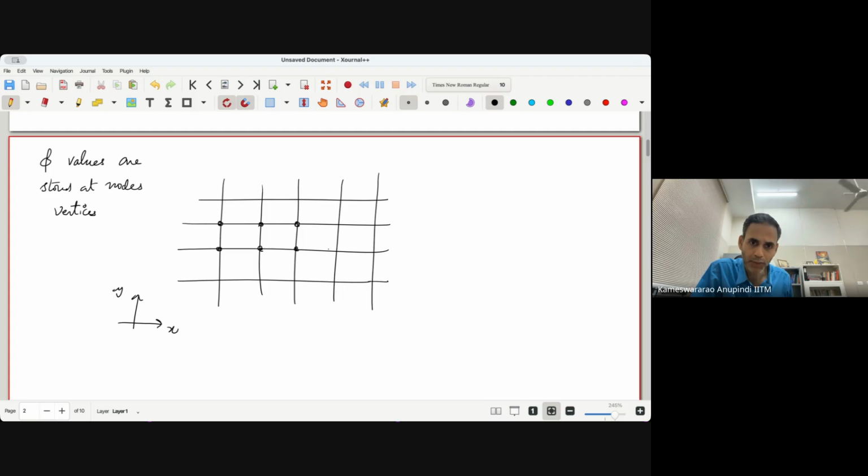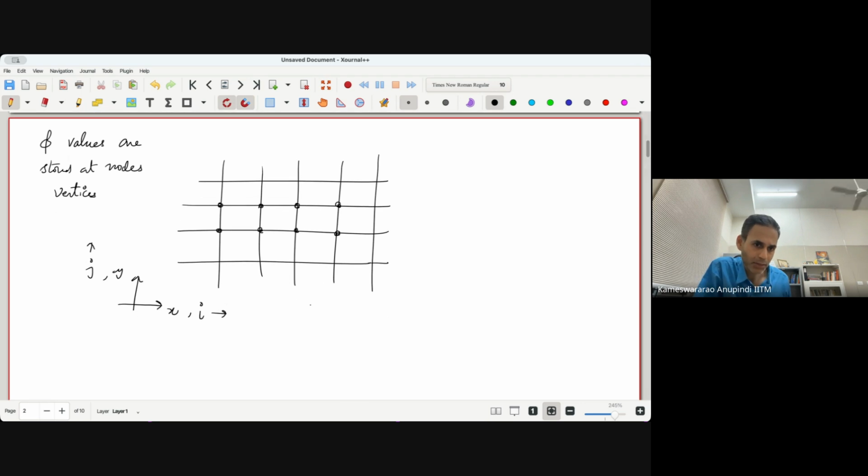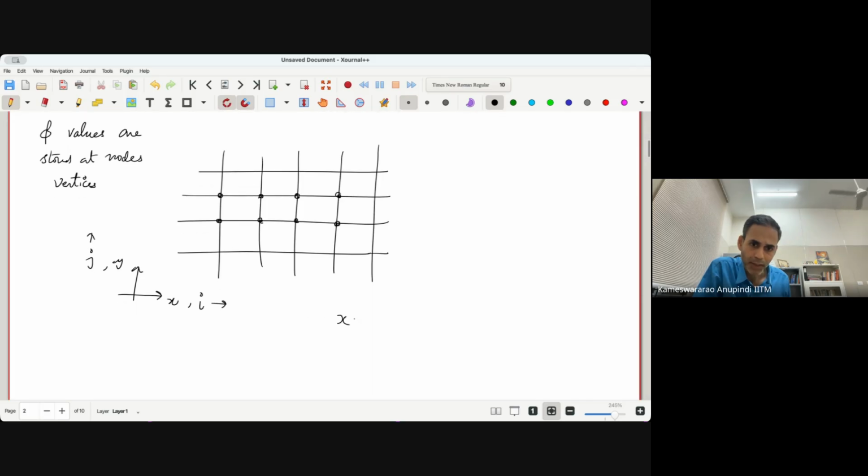Let us say we have the Cartesian coordinate system x and y. As we move in the x direction, we use the index i, and we use index j as we move in the y direction. Let us say we have discretized this on several points. In the x direction the points go 0, 1, 2 all the way to m, so we have m+1 points in the x direction. In the y direction we are discretizing 0, 1, 2 all the way to n, so we have n+1 points in the y direction.